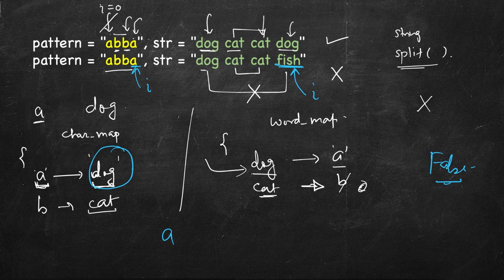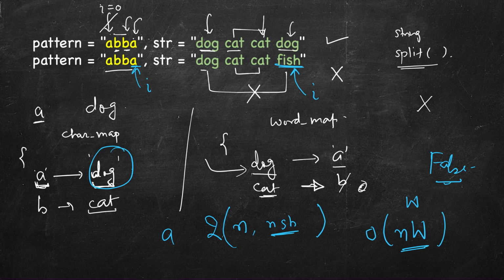So this is how we will proceed. So what should be the time complexity here? We have two maps. Map 1 contains n characters and n strings. Similarly this one, so 2 times that. Depending on the average word length, let's say the average word length is W, then O(NW) is the space complexity, and also